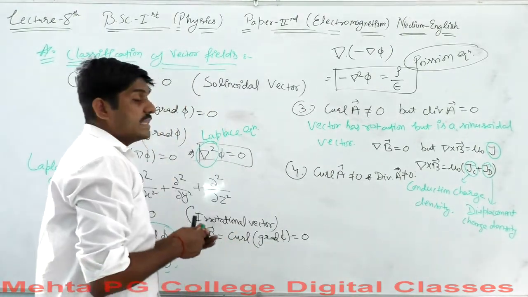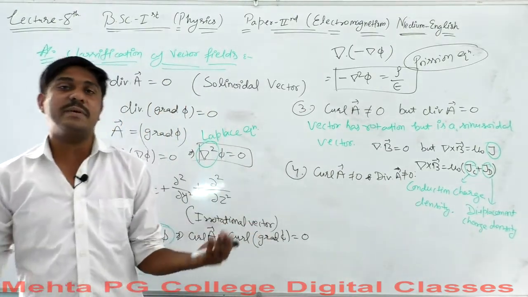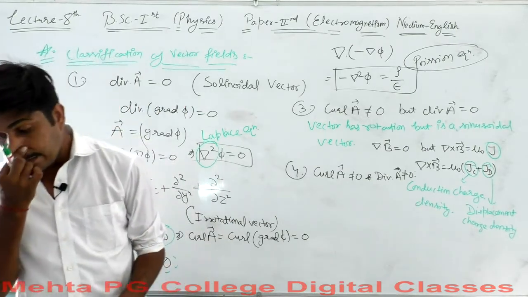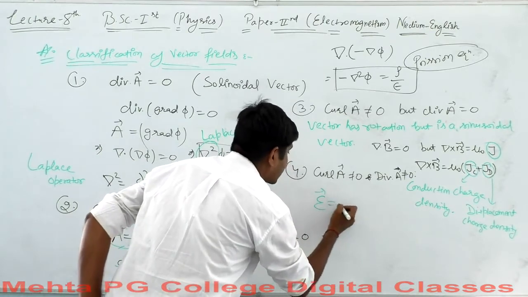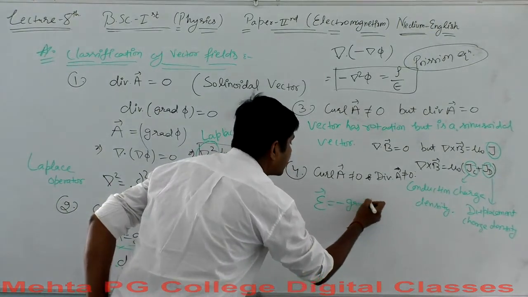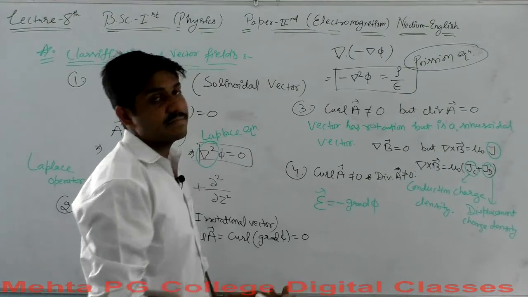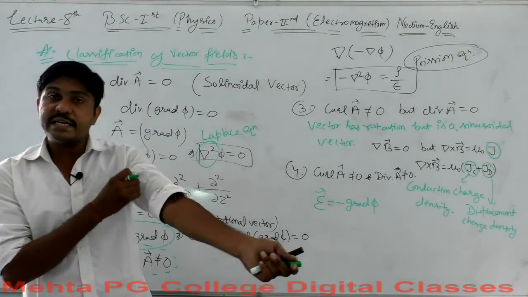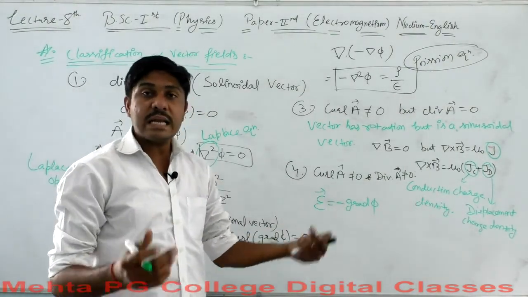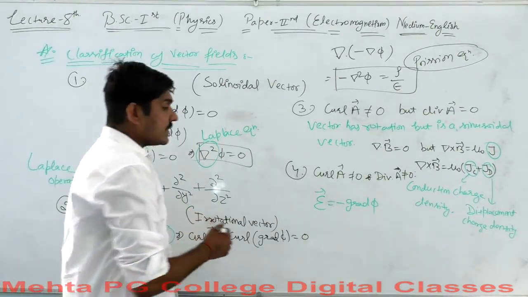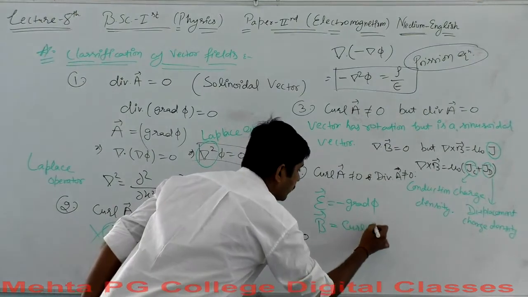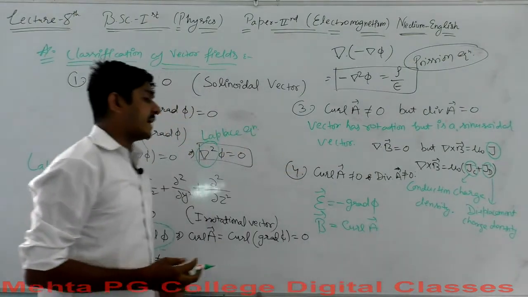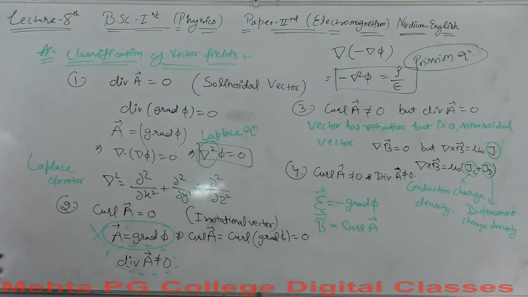Okay, the example for this is the electric field and the magnetic field both. Yes, because the electric field E is equal to minus gradient of potential function phi. Okay, that's true. And magnetic field B equals the curl of a certain element, curl of A vector. Okay, so these two are the most precise examples which explain